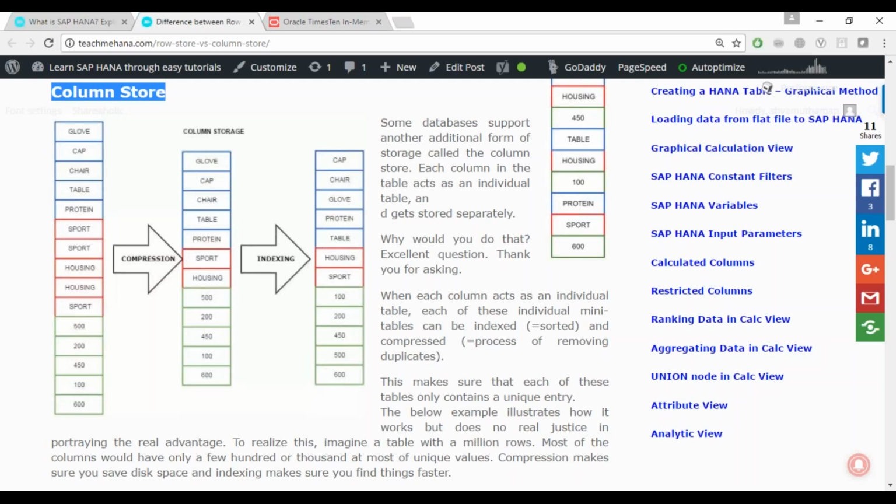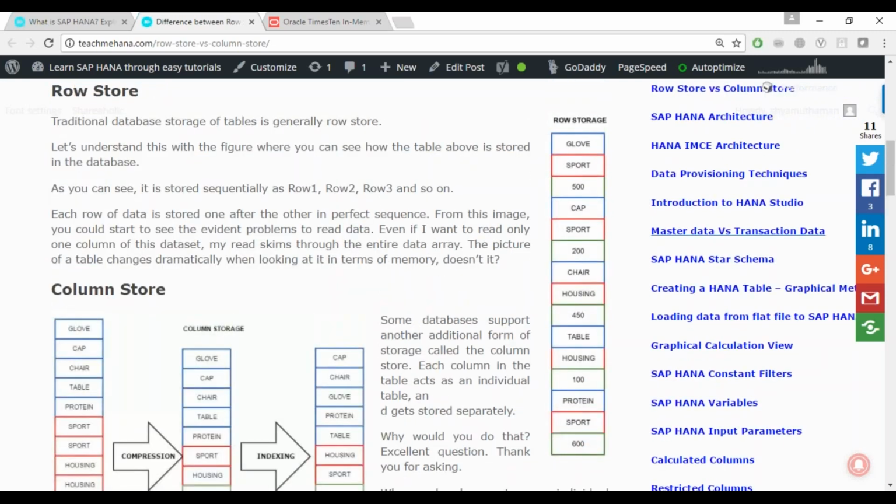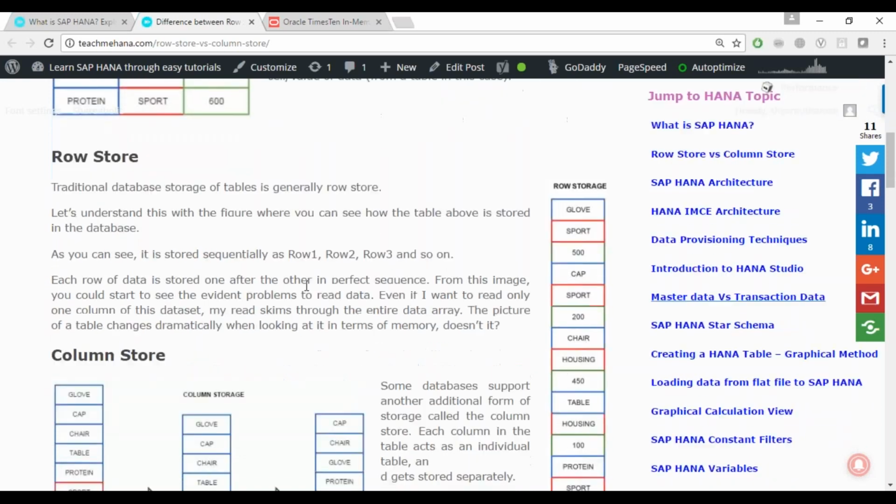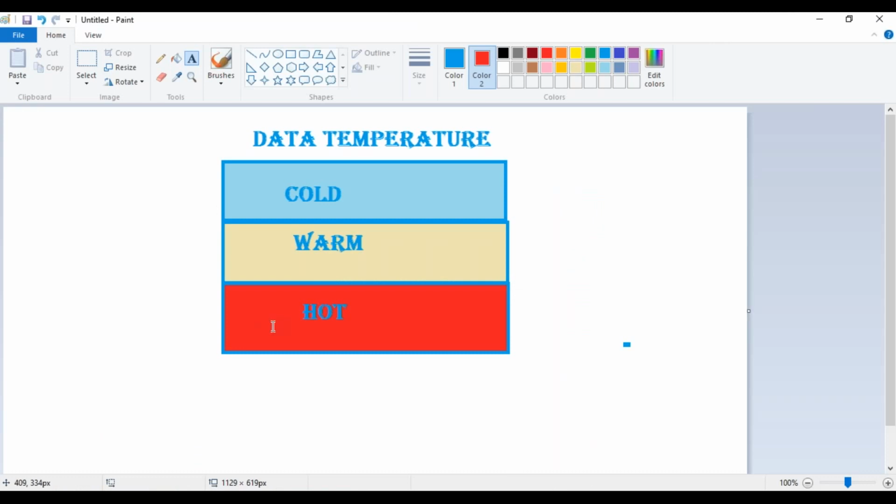Is there any specific scenario where we use row store or column store in HANA, or is it always column? Yeah, I was going to that topic, but I wanted one of you to ask that question. Good that you did. When I said that it supports both, why didn't they just put the column store? Why did they even need to put a row store option in your in-memory HANA database? This again comes to a topic which I think I've not written about. So this is a new topic for you.